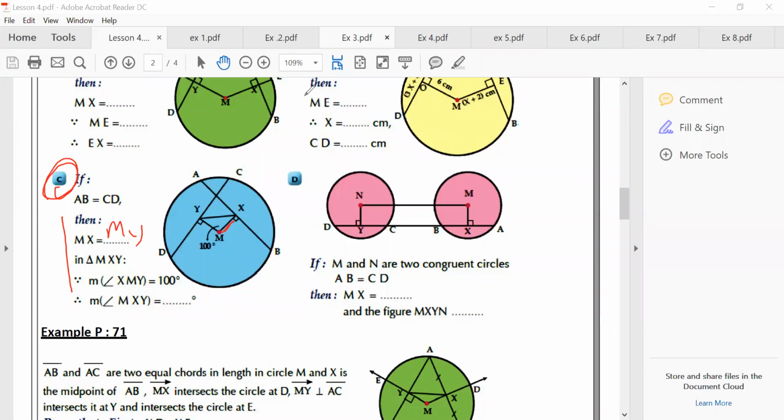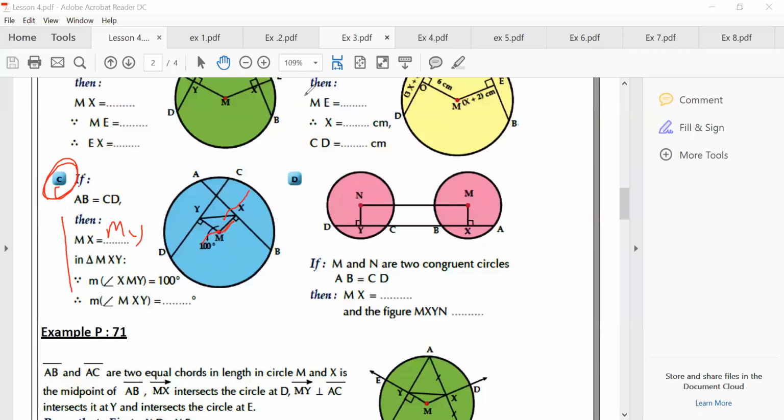MXY. Since measure of angle XMY is 100, then measure of angle MXY. I want this small part. Yes, Minna. How can I get it? Minna, can you hear me? Minna. Okay, Alia. ايه